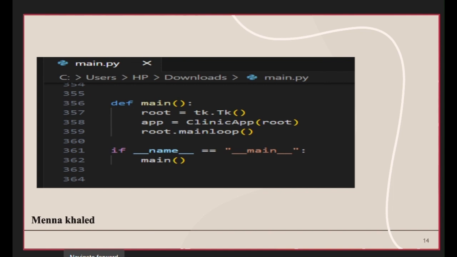Finally, root.mainloop keeps the window open and running so the user can use the app. And the line if __name__ == "__main__" just makes sure that this only runs when we open the application from the file directly, and not when we import it from somewhere else. Next,